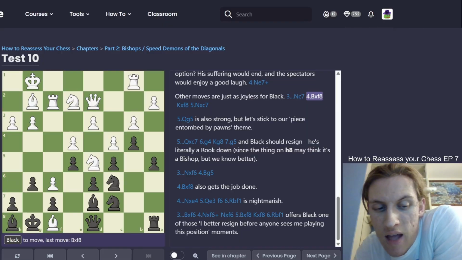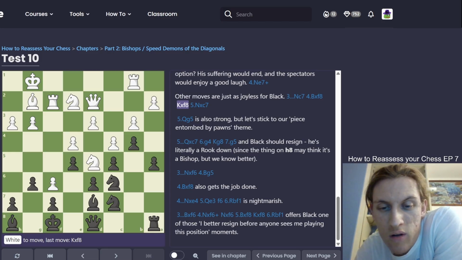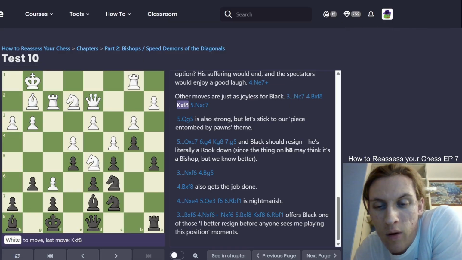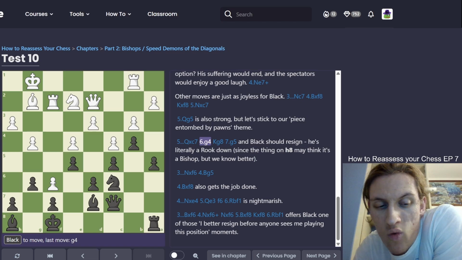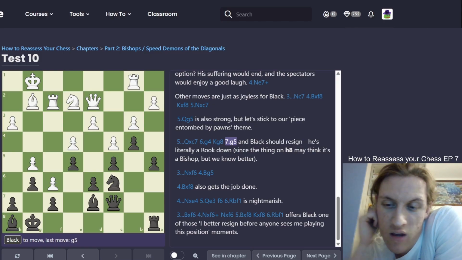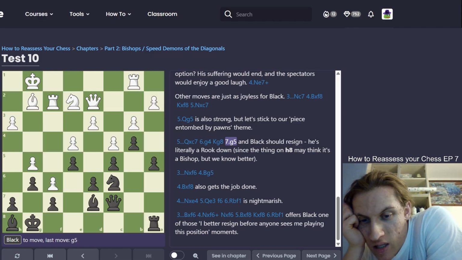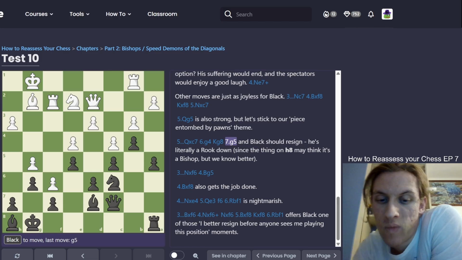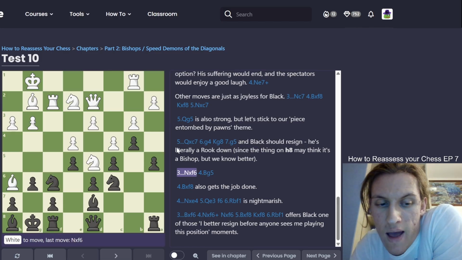So for example, knight c7, bishop takes f8, king takes, knight takes c7. Here it says queen g5 is also strong. But let's stick to our pieces entombed by pawns. Knight c7, queen takes c7, g4, king g8, g5, and Black should resign. Here he's literally a rook down, since the thing on h8 may think it's a bishop, but we know better. And it's over. Now if we go back, knight takes f6,